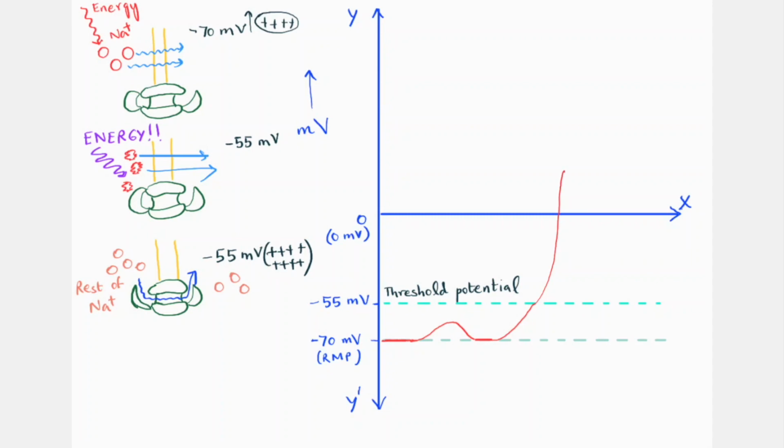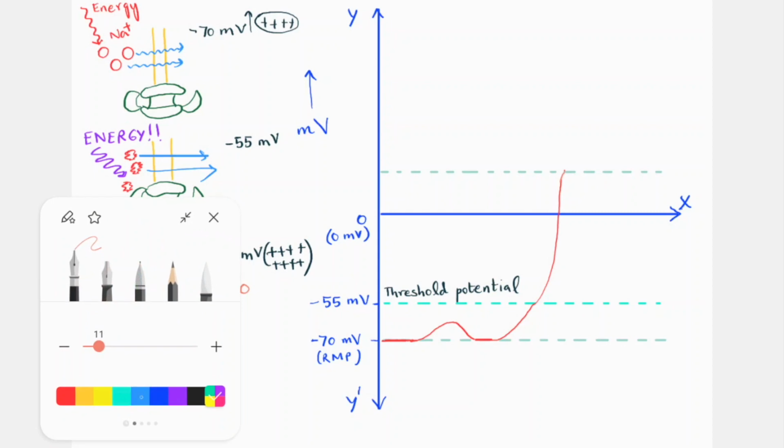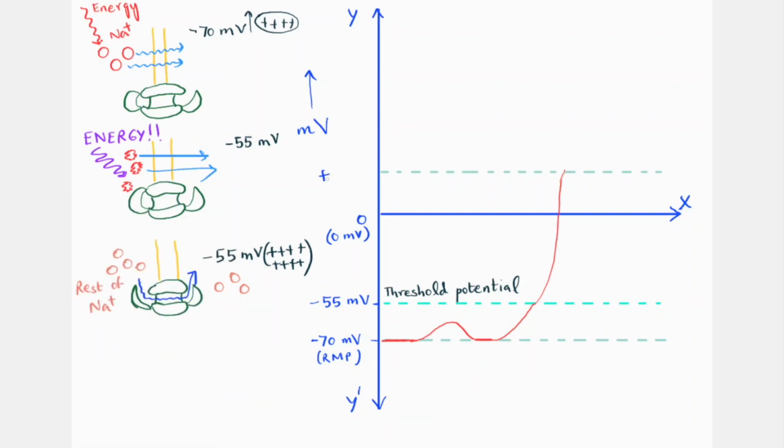Now let's say this is not a very fixed value or anything. Let's say it's plus 10 or something like that. Let's draw a straight line right around here, and I'll make it a dotted line. I've made it a dotted line, okay. And let's say this is about plus 10 millivolt.